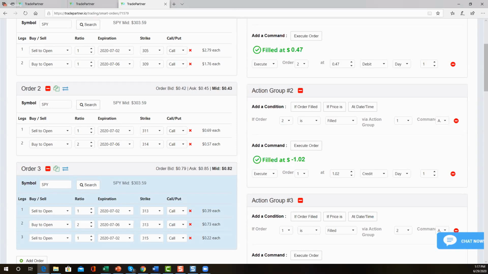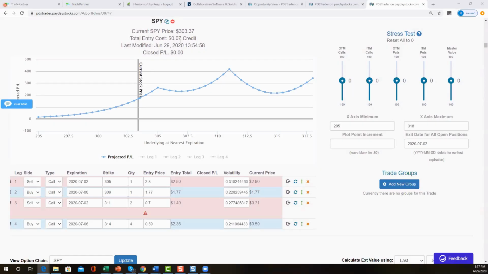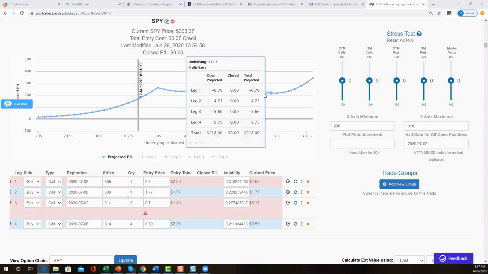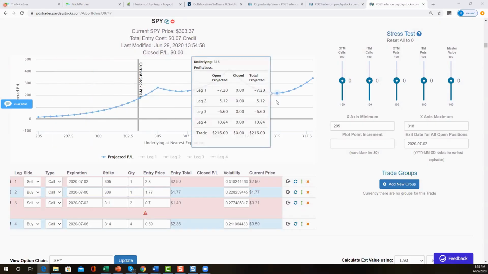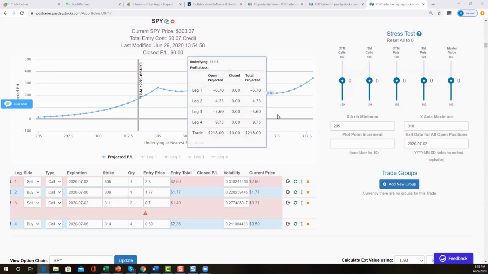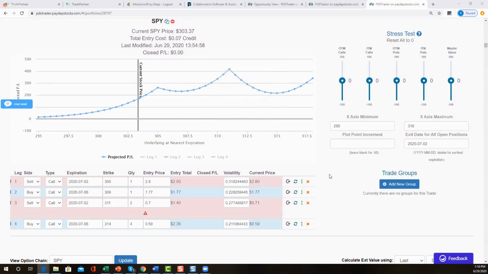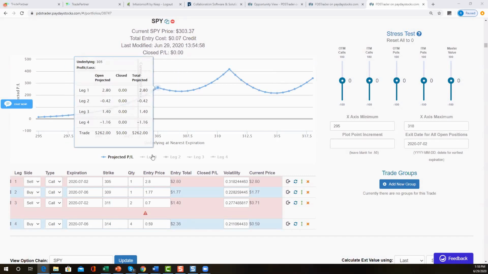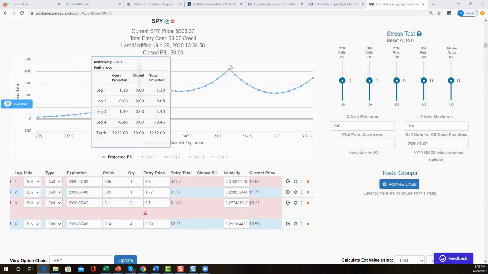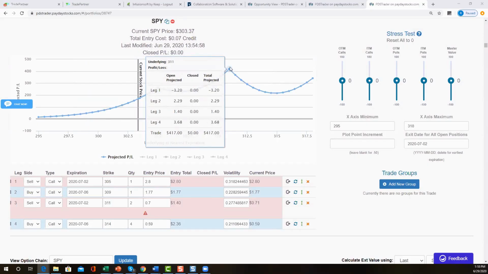All right, so this is, again, the trade that we were filled at as a 7-cent credit. And it's a very, very special trade because I have 4 longs, which means I have a total of 5 longs and only 3 shorts, which means if the market moves up, I can sell some more premium at some point to the upside. And I'll just mention that here now, and I'll come back to it later in a minute. Okay, so it has 2 profit peaks. The first one is at 305, which is the first short, and the second one is at 311, which is the second short.